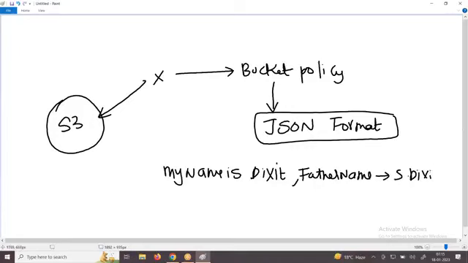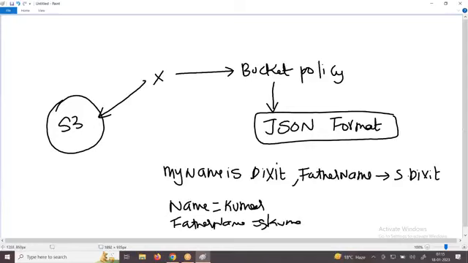If someone asks me the same, I might write name is equal to Kumar, father name is equal to Senior Kumar. Yes or no? Is this format the same?